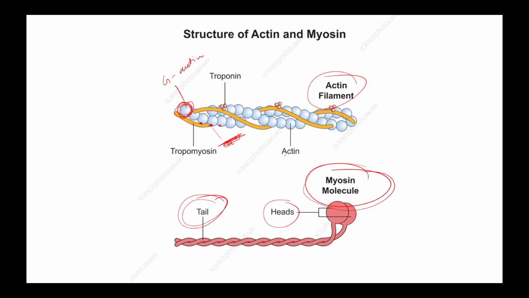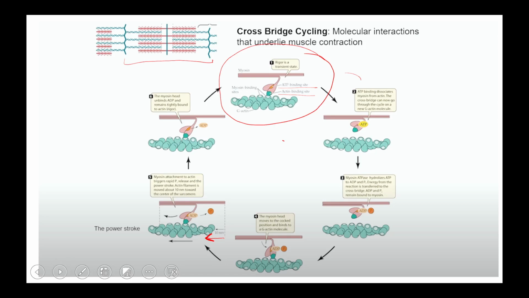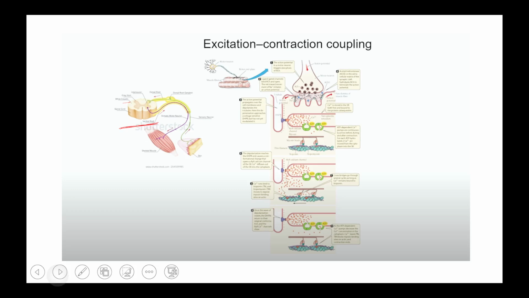Actin is a filamentous actin, covered by tropomyosin over its active site, which is the myosin binding site. When there is a calcium release, only then does troponin remove the tropomyosin and make the myosin binding site on the actin available for the binding of the myosin, and also the sliding movement so that the muscle can be contracted. We have understood that also through this cycle.